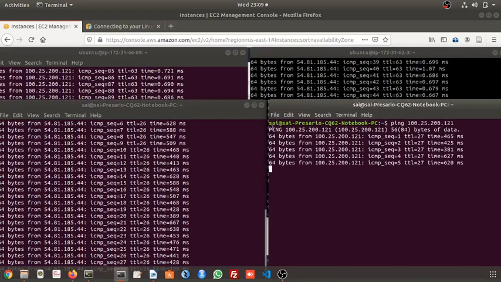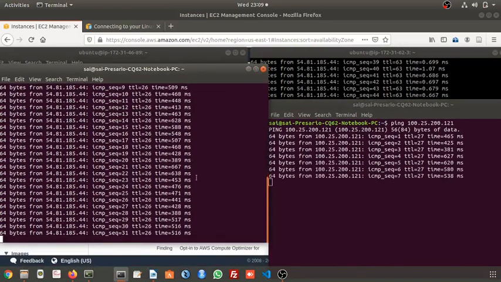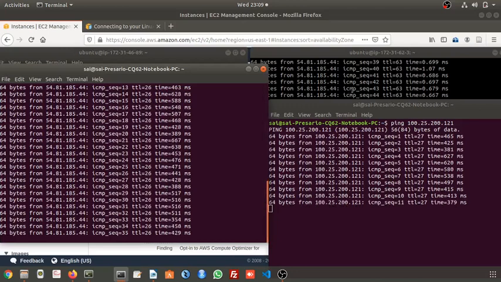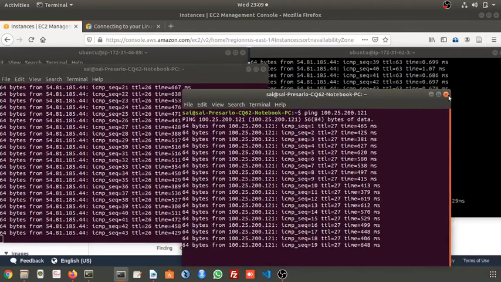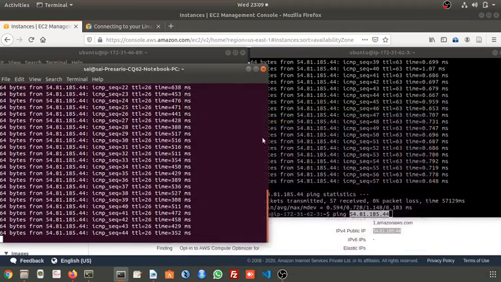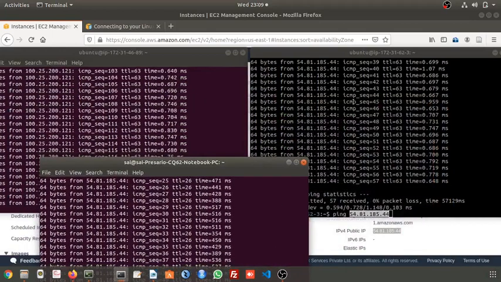Now let's check whether this local machine is communicating with the remote machine, or virtual machine, which we have installed on the cloud. We have created two virtual machines. One virtual machine address is 54.81.85.44.